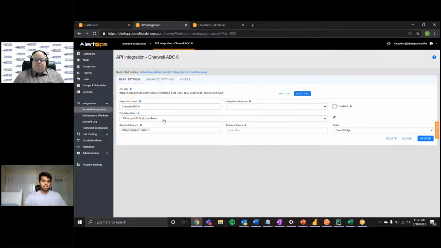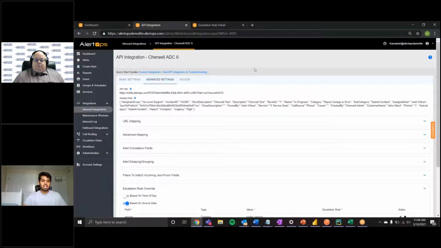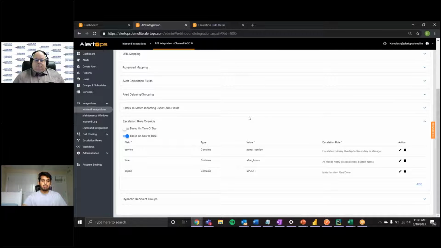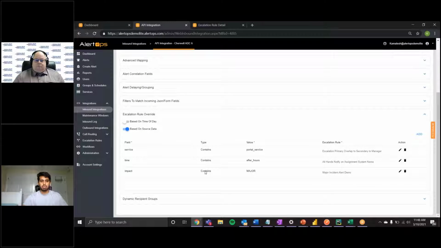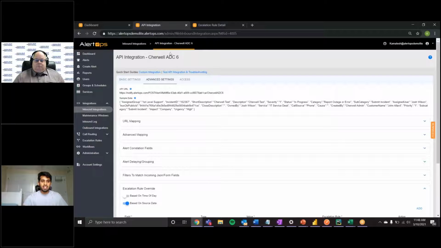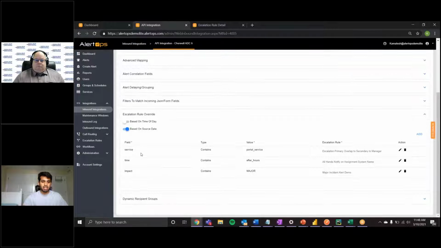So when I have an integration here, I can set up my default escalation rule. That'll be the playbook that's kicked off to this particular recipient group. We have a concept of dynamic routing, which allows us to modify the default escalation rule and the default recipient groups based on the data or time that's sent over by the tool. So in this case, I have my escalation rules being overridden based on various fields that Surewell would send over. In the case that Surewell sent over a field labeled service, and that contains any value pertaining to portal